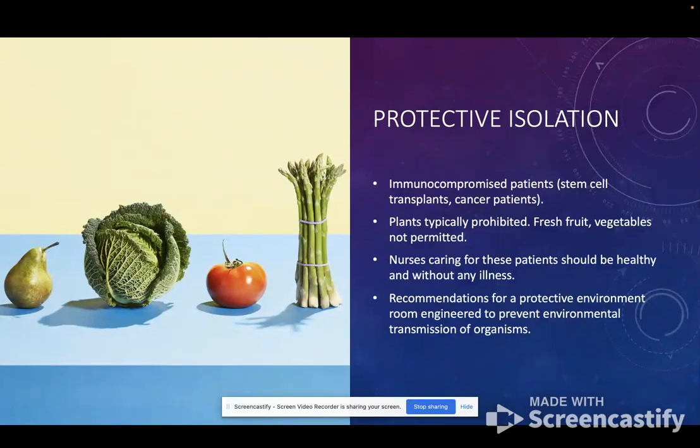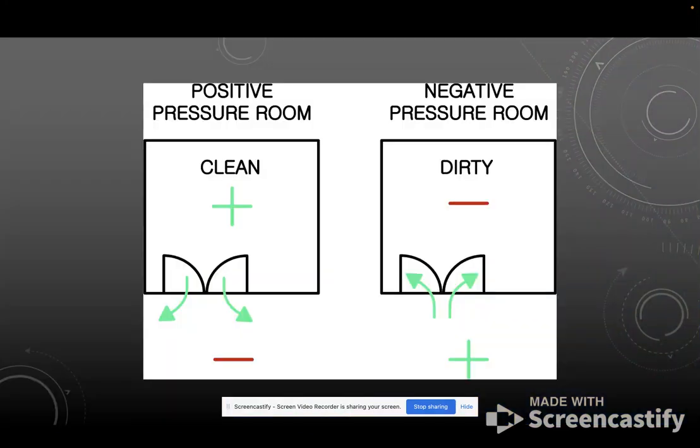Typically with this one, plants are prohibited. Fresh fruit and vegetables are typically not permitted either because of the possibility that they could be exposed to something that could make them sick. The nurses that are caring for these patients should be healthy and without any illness. And these patients should be in a protective environment, in a special room engineered to prevent environmental transmission of organisms. So, for example,